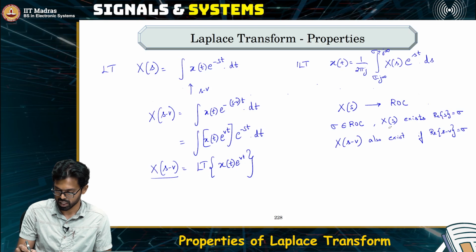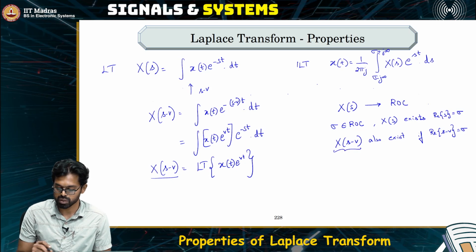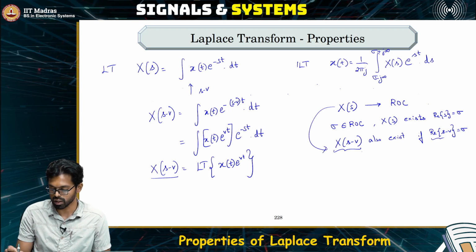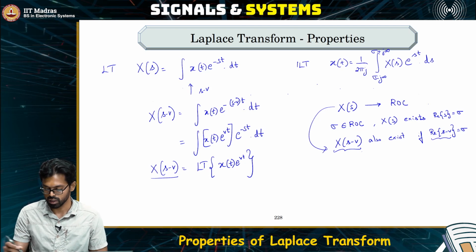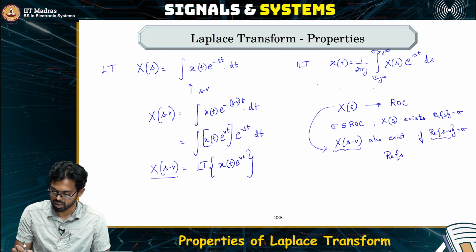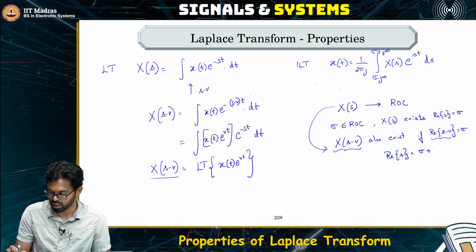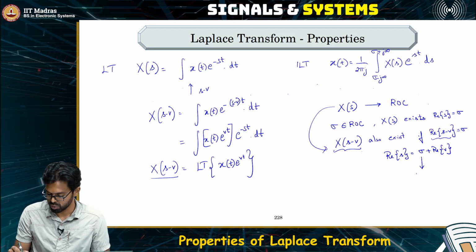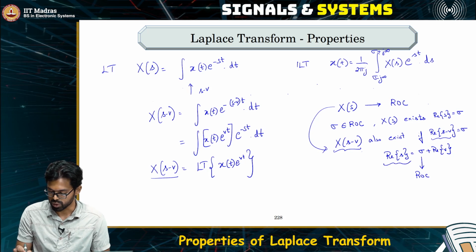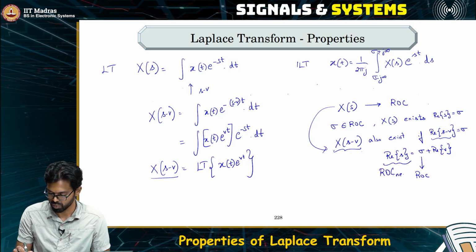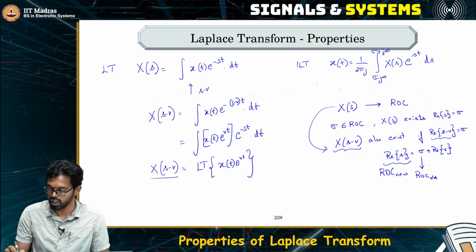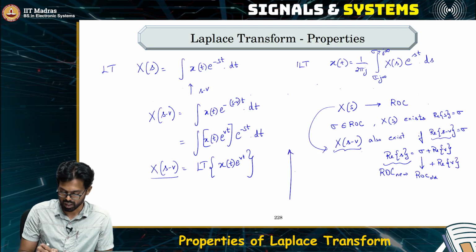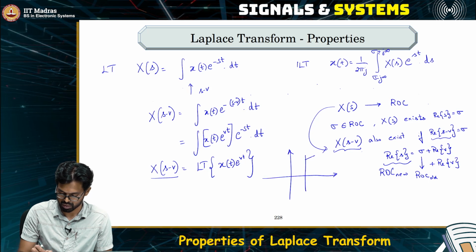So by the same argument, because X of s minus v is simply nothing but a shifted version of the same Laplace transform, that will also exist when the real part of s minus v is equal to sigma. In other words, the real part of s is equal to sigma plus the real part of v. So if this belongs to the original ROC, then the new ROC is equal to the original ROC plus the real part of v. In other words, if we had an ROC something like this,